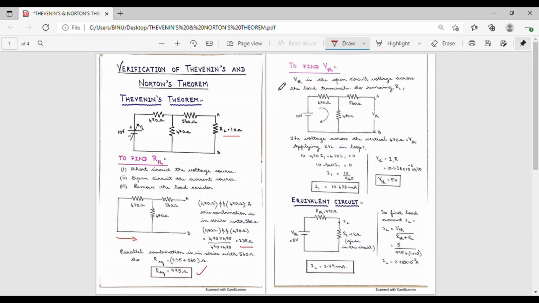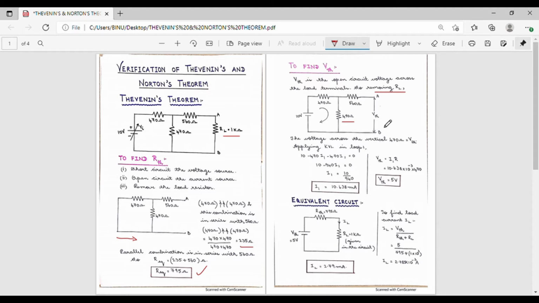When 2 resistors are connected in series, the equivalent resistance is calculated using the formula R1 plus R2. That is, we add the individual resistors together. On adding 235 ohm with 560 ohm, we obtain the equivalent resistance, or the Thevenin's resistance, which is equal to 795 ohm. Of the 3 elements of the equivalent circuit, we have calculated Thevenin's resistance RTh, RL is given, and we are supposed to find the value of the Thevenin's voltage VTh.